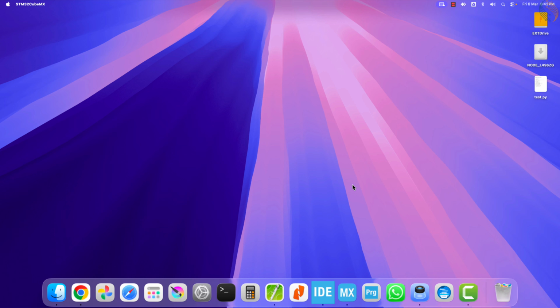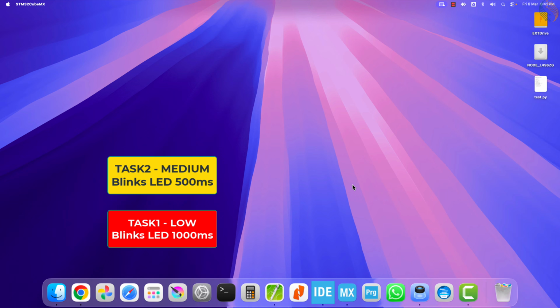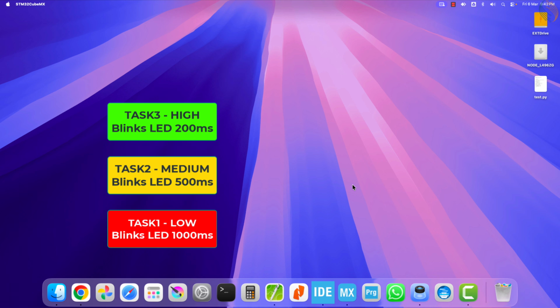I am going to create 4 different tasks, each with a different priority level. Task 1 will blink one LED, and will have the lowest priority of the 4. Task 2 will blink a second LED, and will have a priority higher than Task 1. Task 3 will blink a third LED, and its priority will be higher than both Task 1 and Task 2. Task 4 will control the life cycle of one of the remaining tasks, and it will hold the highest priority